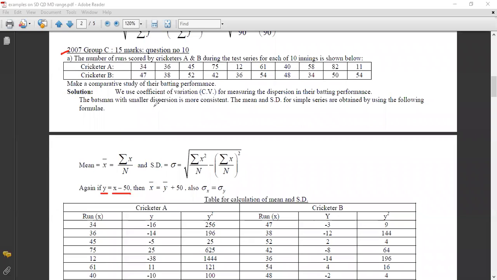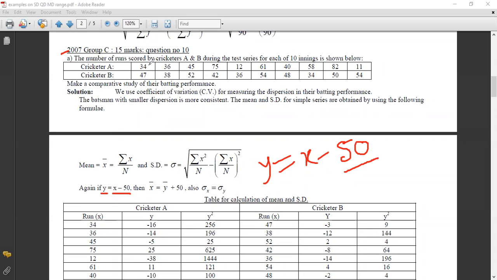What I have done is, we use this variable y as x minus 50. কেন x minus 50 করলাম? x, what is x? X হচ্ছে the runs scored by cricketer A and cricketer B. Cricketer A ক্ষেত্রে 10 innings run, cricketer B ক্ষেত্রে 10 innings run. Now why do I use y equal to x minus 50? We use 50 as this is an approximate selection. You can write wild guess. How can you get this 50? Just by simple observation,